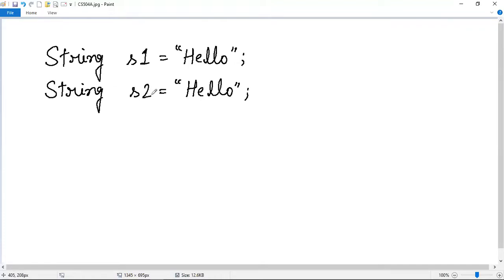That means it will point the reference variable S2 to the old existing object. That means the old existing object which was previously pointed to by S1 will now also be pointed to by S2, but S1 still points to that object also. So let us depict this scenario with a picture.